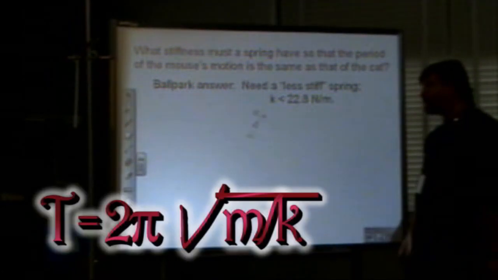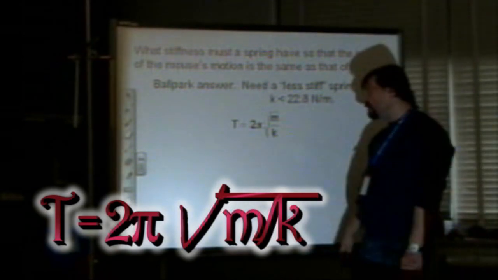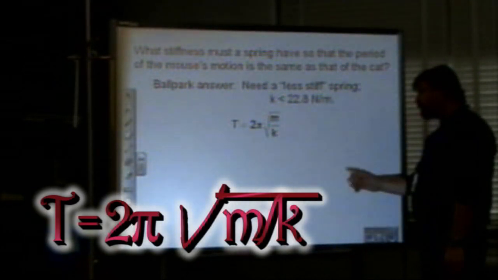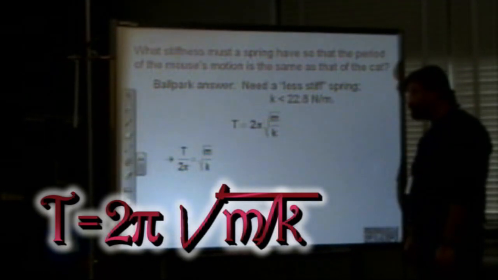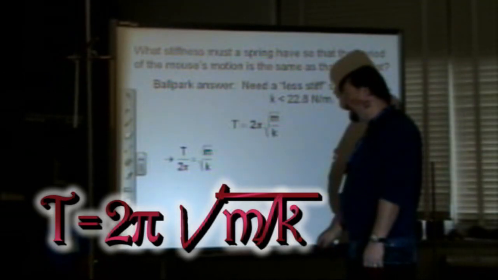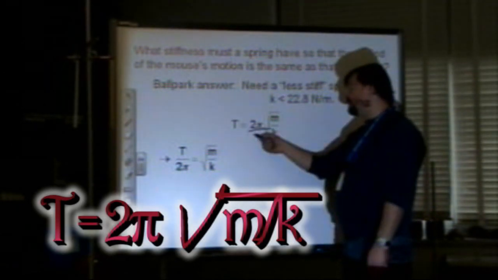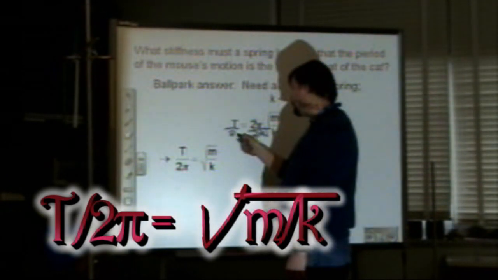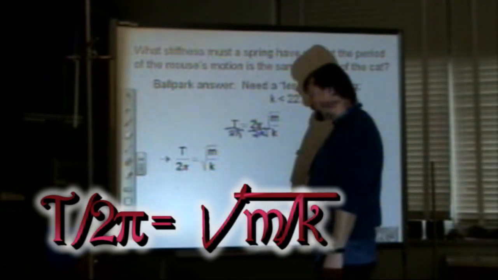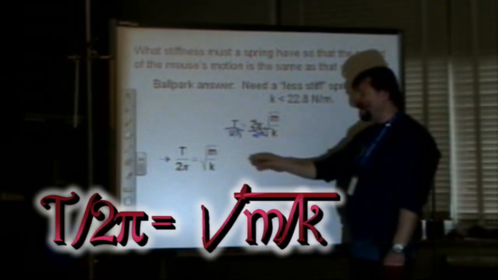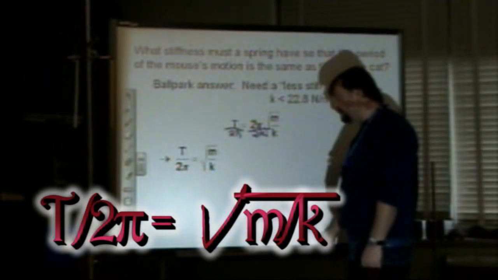But to specifically determine this, we need to use algebra to rearrange our equation for the time period so that we can solve for the spring constant k. The first thing you want to do is divide this side by 2 pi, divide this side by 2 pi, and we get time period over 2 pi is equal to the square root of mass over